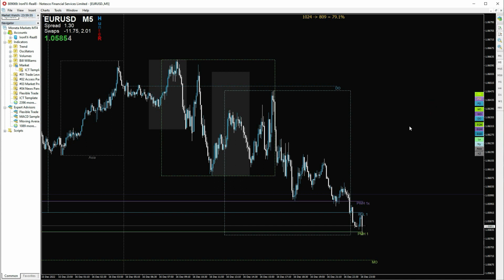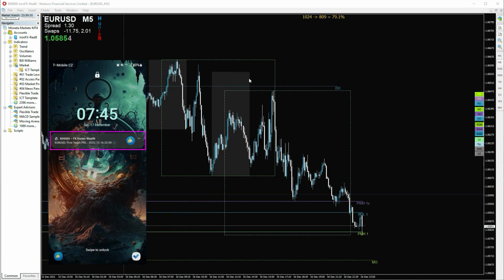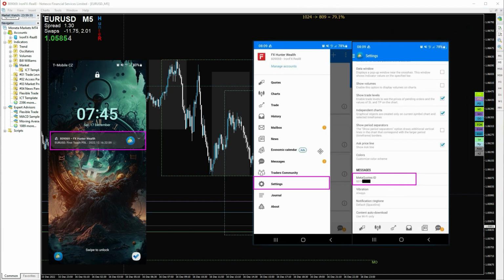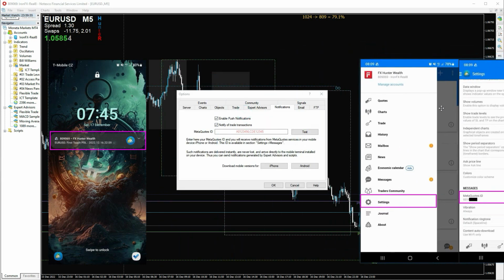So right now I will show you how to set up notifications. So if I want to receive such notifications to my phone, first thing I need to do is to find out my MetaQuotes ID in the phone. So I need to go to the settings in my MT4 for mobile. It's here. Then from the settings I need to scroll down a bit, and I need to find my MetaQuotes ID. Once I got this number, I need to go to the tools, options, and I need to fill